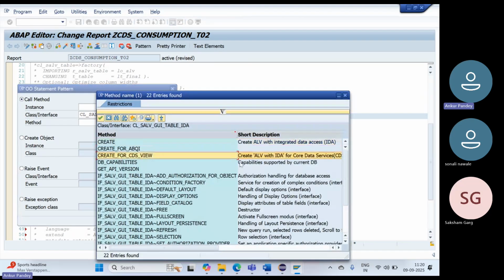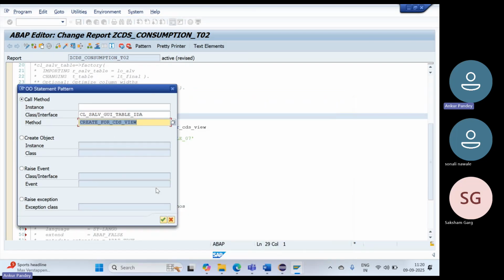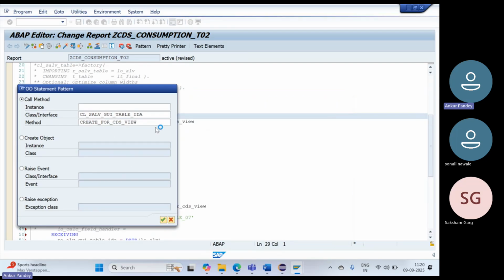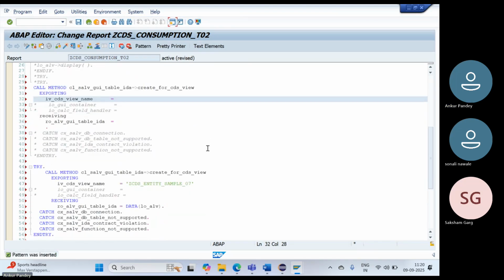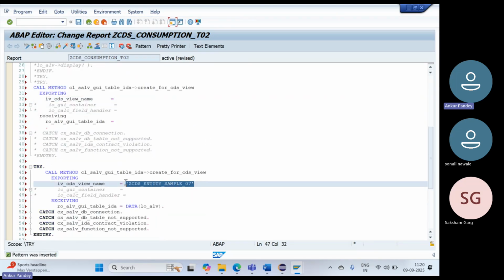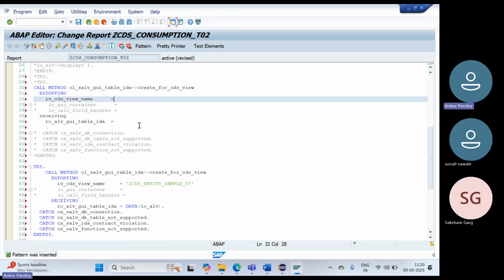Create for CDS view, create ALV for the CDS view. So now it is create. It will create the CDS view. I mean, it's a grid display for this CDS view. So now I will pass this CDS view here, and I will declare one